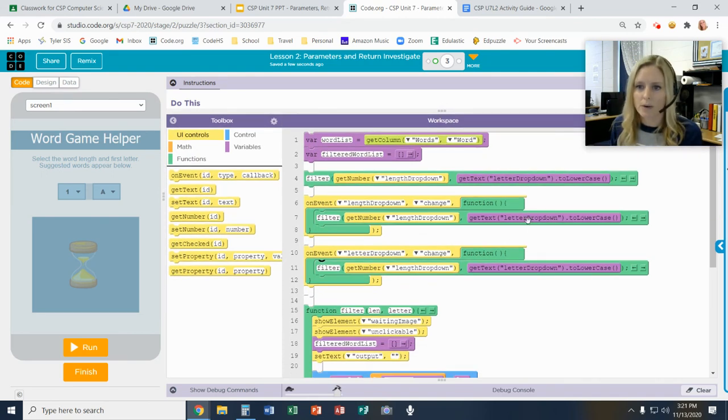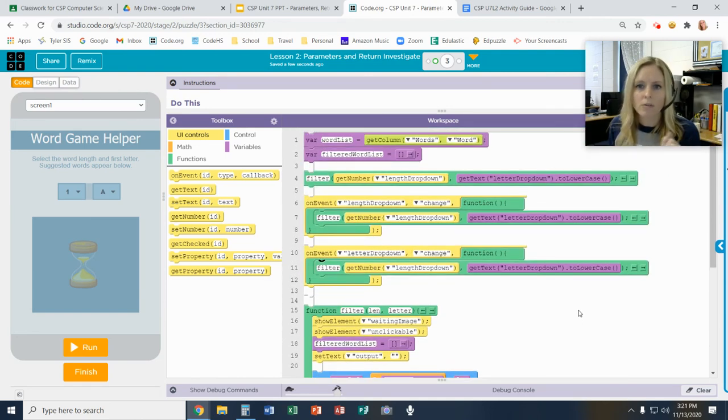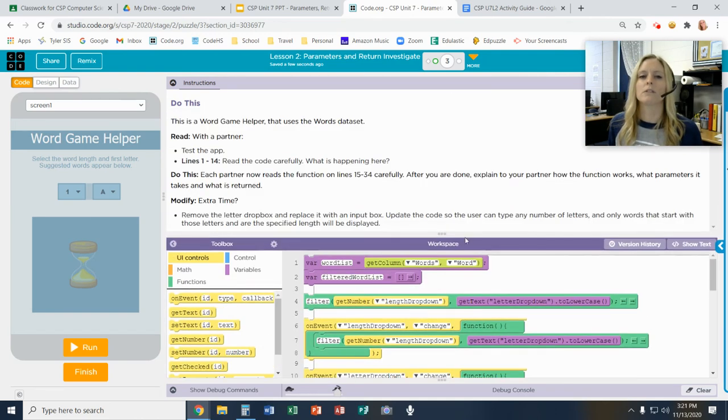So right there, right there, right there. And if it doesn't work, look through it and just make sure that there's nowhere else that you had to do. Don't forget the